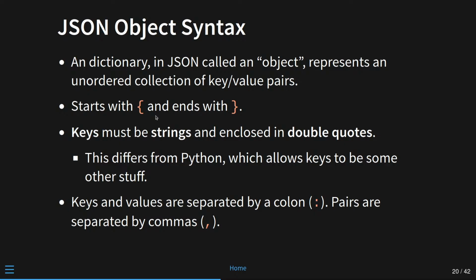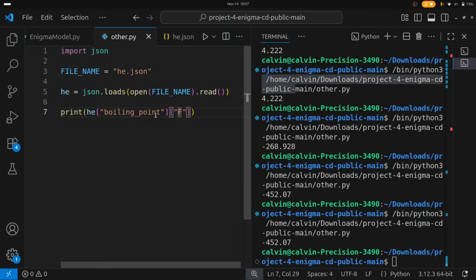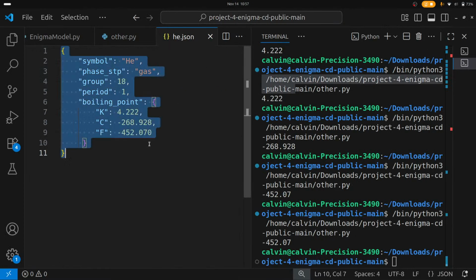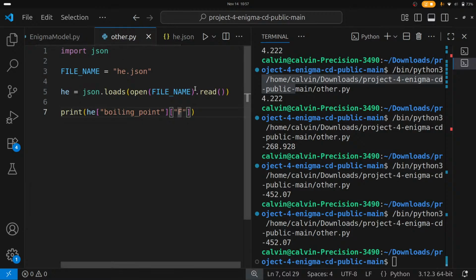JSON uses slightly different terms for these. Why? Just to be language neutral. A dictionary in Python is called an object in JSON, so they call them objects. They are curly brace delimited, and they contain keys and values. There is one special difference, which is that if I were to write this in Python and say, hey,